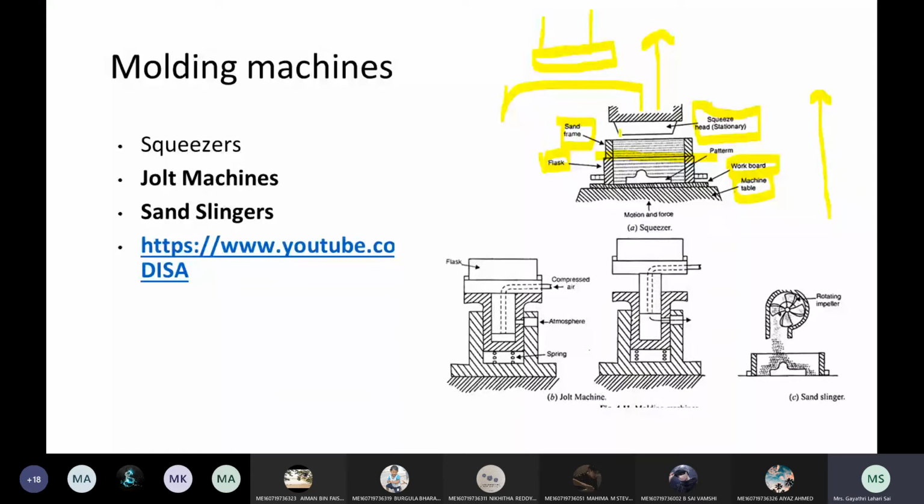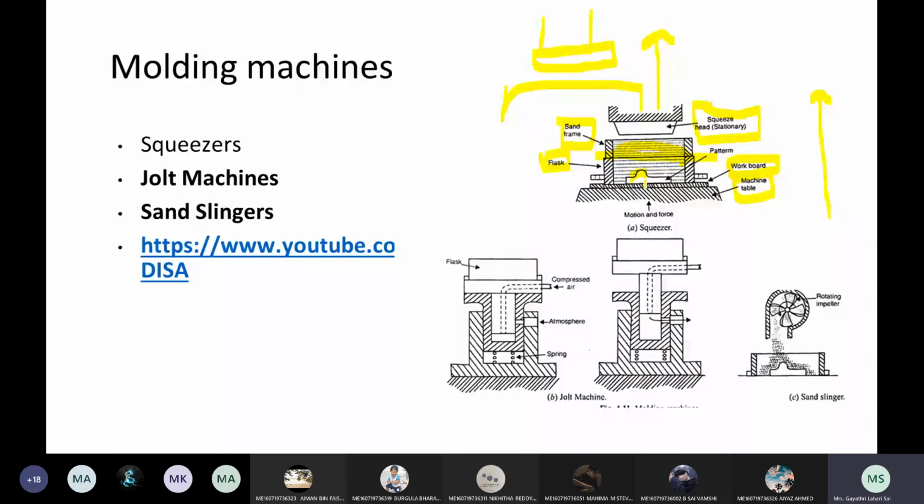Because of pressing it, the mould end there will be more hardened. The sand will be more tightly rammed when compared to the pattern end. So with continuous moving up and down, only the machine table moves up towards the squeeze head, and the squeeze head will be pressing it, and again the machine table will come down. So that's why you call it squeezing, right?